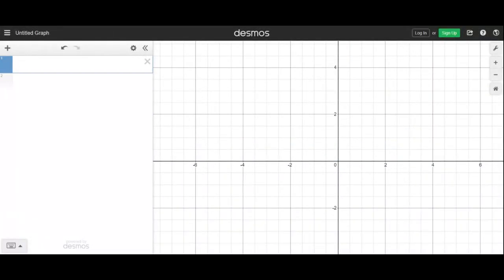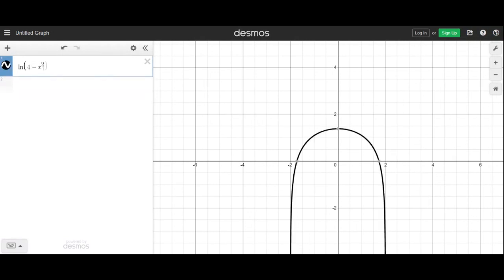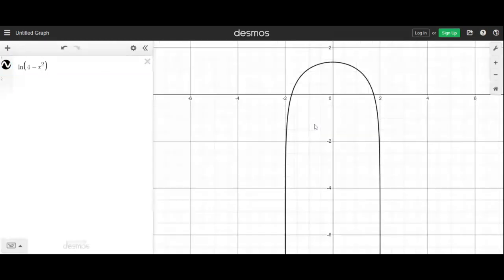So we graph this one, we've got a natural log, 4 minus x squared. Okay, and we can see in this case that there's actually a vertical asymptote at -2 and a vertical asymptote at +2. And so all of our values for this function now fall between -2 and +2, not including those